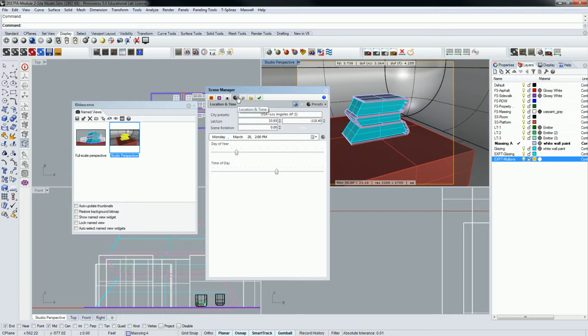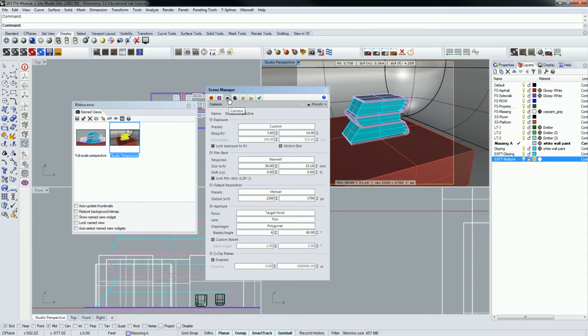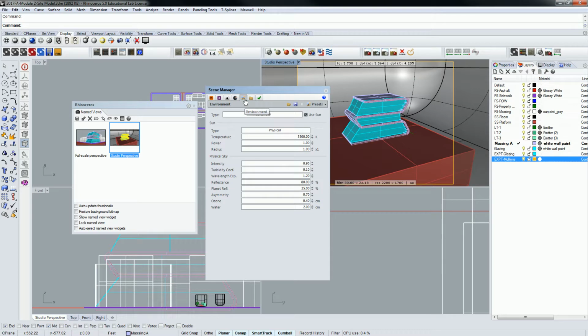So for us, we're not so concerned about location and time. We don't have to change that very much. Our camera settings are all going to stay the same, so I'm not going to bother saving that preset. But my environment setting is. So what I'm going to do is go to this little preset button. Actually, you could just go here. You can save it